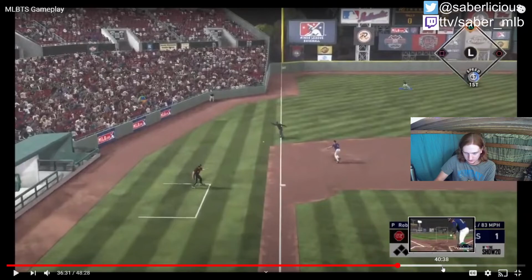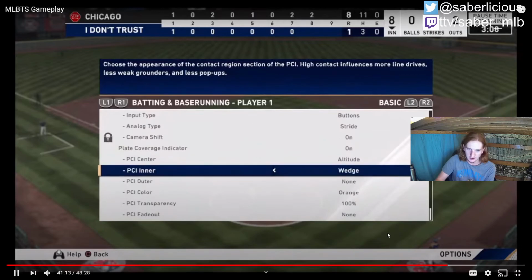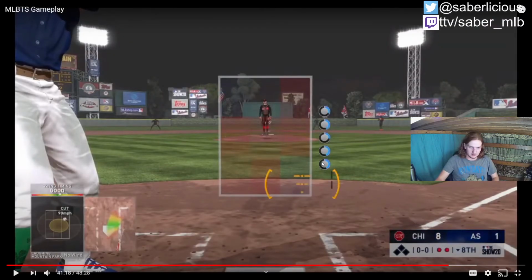41-17. This is another spot. You just need to be keeping your PCI consistent throughout the game. There's nothing wrong with changing and messing with your PCI, but if you do this, you can't be doing this in the middle of a game, especially in the bottom of the 8th. I know that you're frustrated at this point because you've only scored 1 run and you want to change something up, but